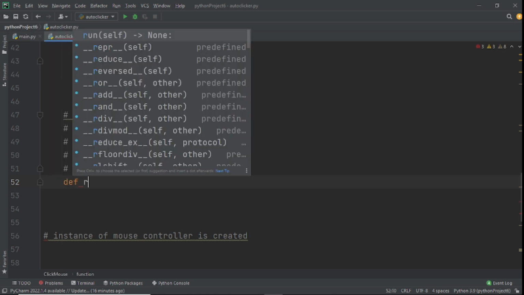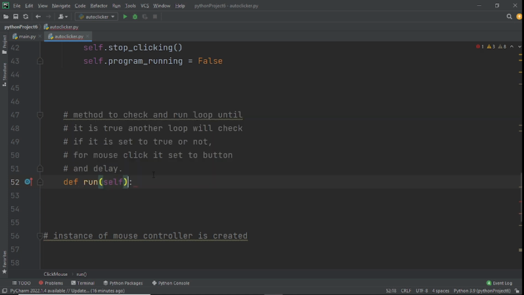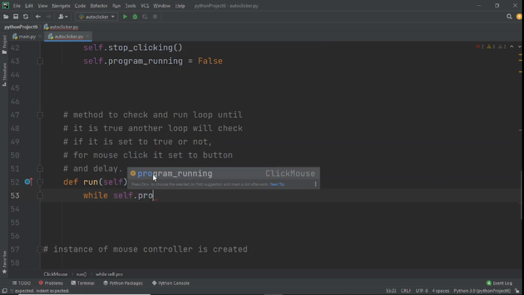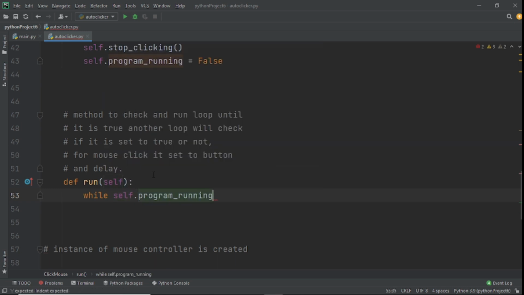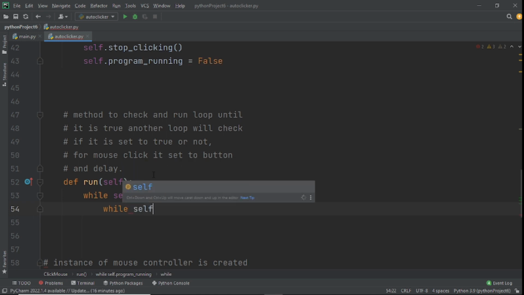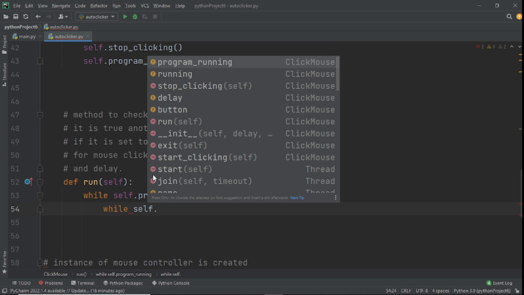So we'll say def run(self), and we'll say while self.program_running. What do we want to do? We want another while loop that checks while self.running